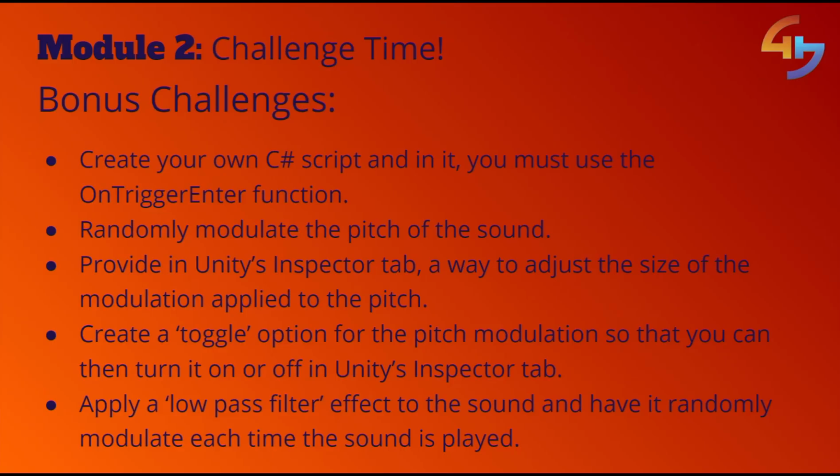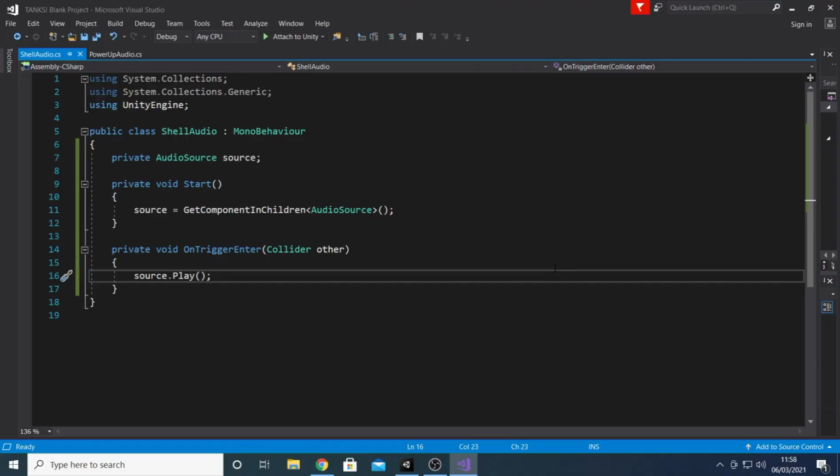Okay, so it's time to look at the bonus challenges. Now the first challenge we've already completed by using the onTriggerEnter function to play our shell explosion sound. So we can move straight on to bonus challenge 2, which asks us to randomly modulate the pitch of a sound that we're playing. So to do that, the first thing we need to do is access the pitch property of our audio source. I'm going to add a new line right above where I've told my audio source to play so that I can modulate my pitch just before the sound is played. Then I'm going to write